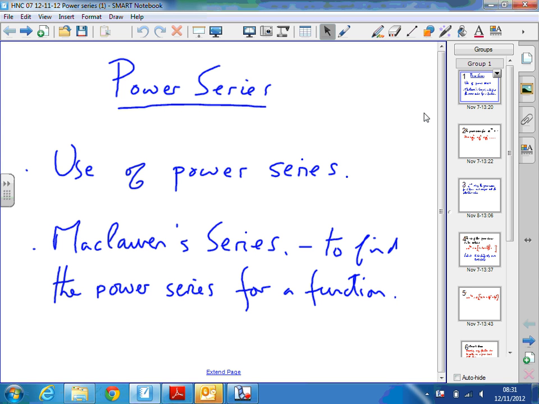Then we'll look at Maclaurin series, which is a way of finding the power series for a function. So if we've got a particular function, like the sine function or the cosine function, we can express that as a power series using Maclaurin's series. So that's the aim of today, really, to be able to use Maclaurin's series to expand the function and find its power series. So if we start off by looking at a power series and seeing how that works,